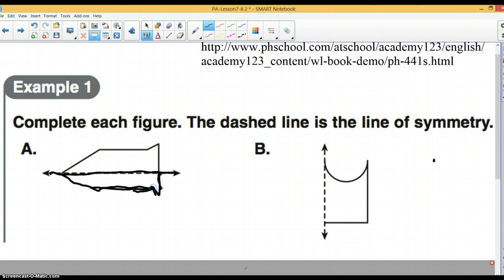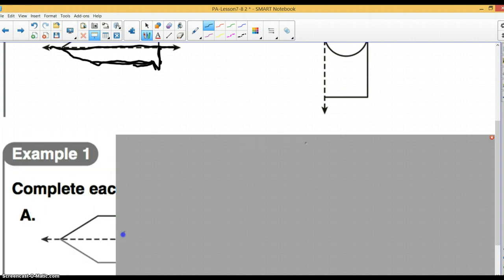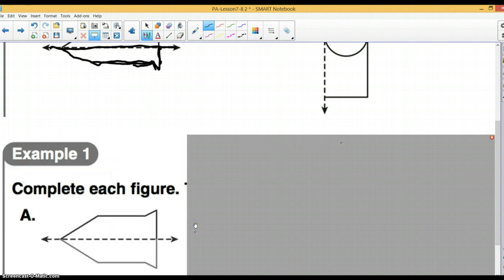Now, you can tell I am the best artist ever because that looks exactly like the other side. I could use a little practice, let's be honest. But if we take a look at what it's supposed to look like, we have this shape on the bottom, and that's what you should come close to getting. Now, like I said, we aren't all great artists, and that's okay. The point is to show that you understand the concept,